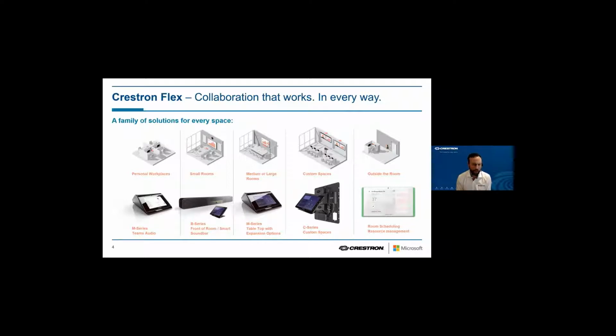For us, it starts with very small personal workspaces. Our M-Series solution can do Teams audio as a standalone unit, and we see our Mercury device there in that mode. When we move to small rooms, we have our B-Series, which is our front of room and smart soundbar solution. We call it a smart soundbar because it features loudspeakers and microphones within the soundbar, as you'd expect. But there's also a Huddly camera buried in that device, which, if you've ever looked at the Huddly IQ devices, has auto cropping and auto framing, but also some very clever technologies associated with people counting and metrics. We're going to be using some of those technologies, and we'll talk about those later as well.